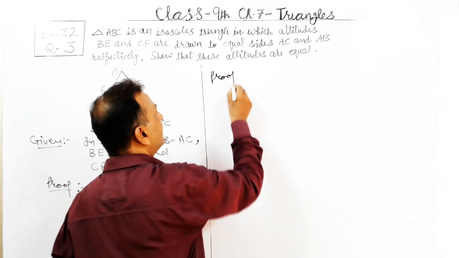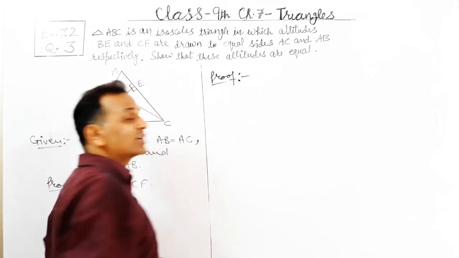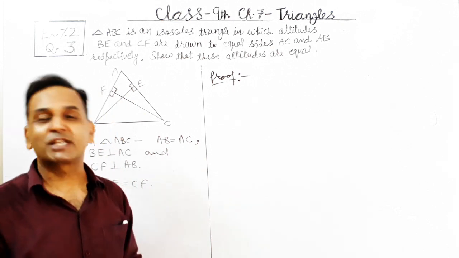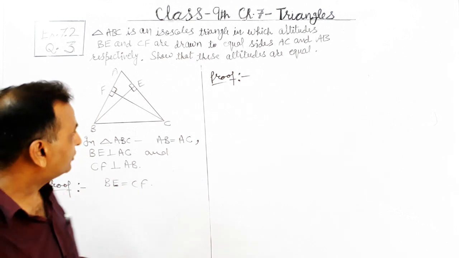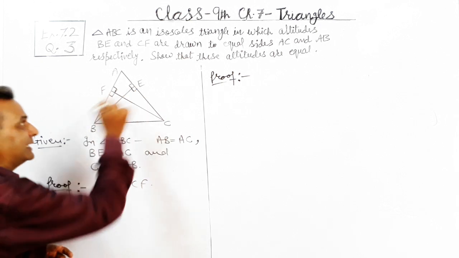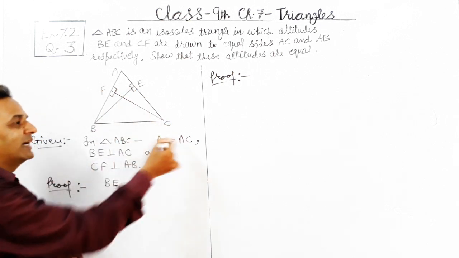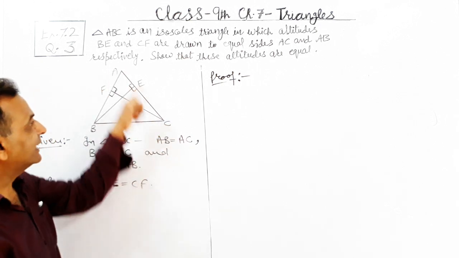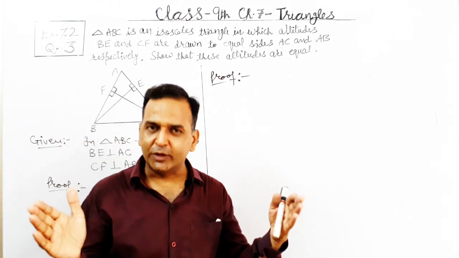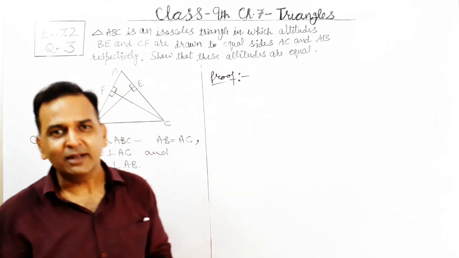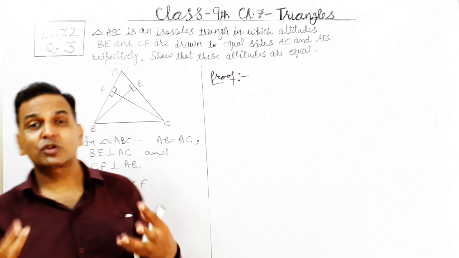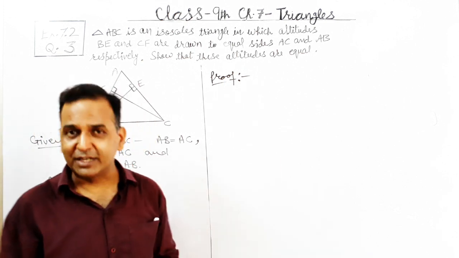Now identify the two triangles which can be proved congruent to each other, so that we may get the two altitudes equal by CPCT. First of all, this BE is part of triangle ABE, and similarly this CF is also part of triangle ACF. Let us first draw these two small triangles individually so that we can understand what we have for proving these two triangles, and if there is some point which we have to bring in ourselves, we can identify it from there.